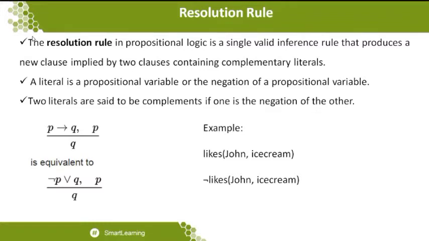Before going to the example, let me have a glance at the rules that we already framed for resolution. In the resolution rule, we take the implications and convert them to the equivalent statement, as you can see in the presentation: P implies Q, comma P, then the output should be Q. That is the proof. This is the equivalent statement we can write, because we want to remove the implication.